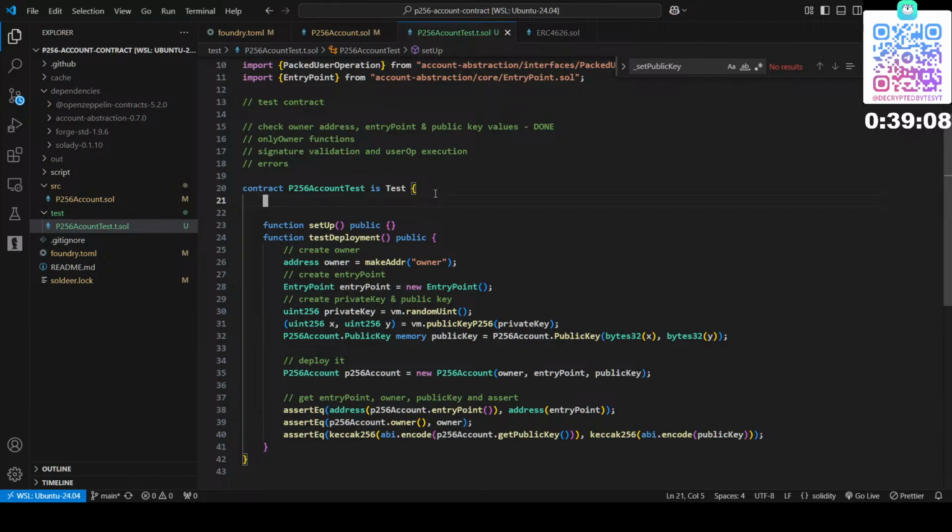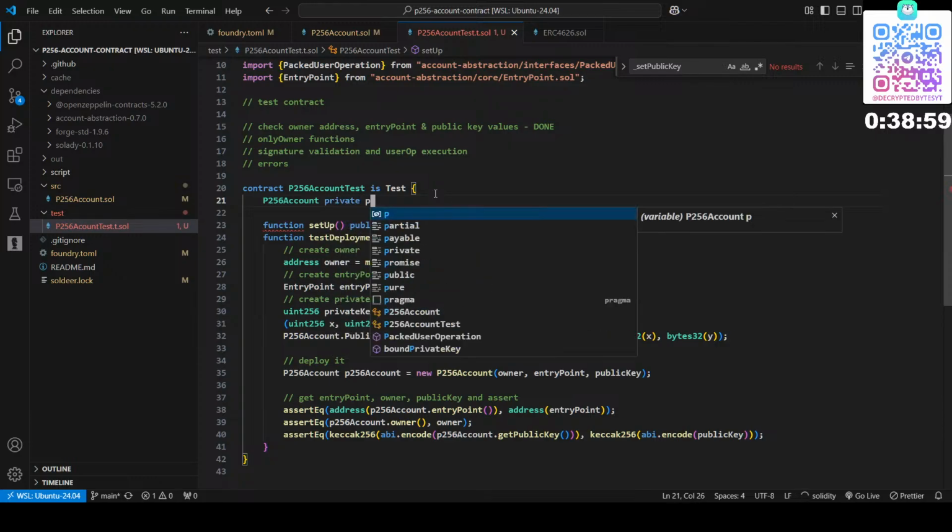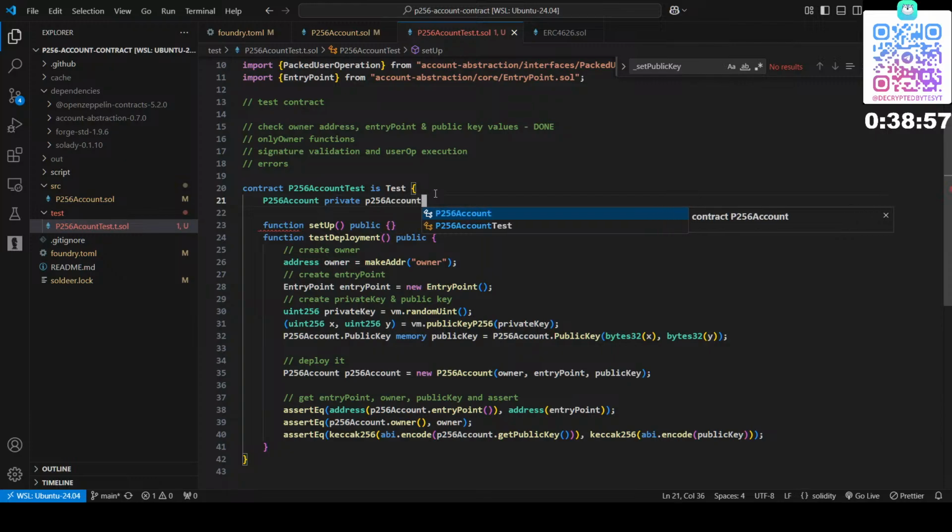First will be P256 account private, P256 account,